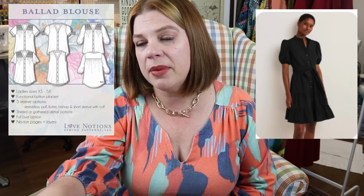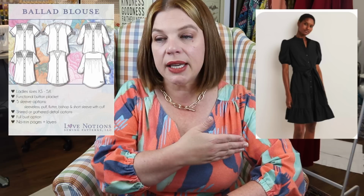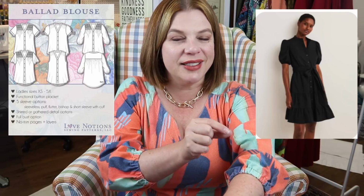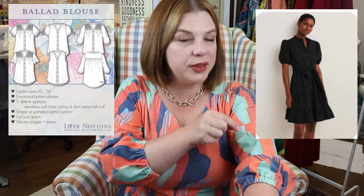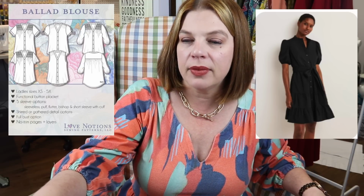And then finally, this one is just shorter and in a solid color. So it's kind of the same thing I've been saying. Cut it off at the waist, add a gathered skirt, or you could add even an A-line skirt if you have one from a different pattern. This one's just 2 tiers, it's above the knee. The same thing with the little puff sleeve. Although this one is the puff sleeve, it's got just the elastic at the hem of the sleeve, and then it's kind of pushed up. It doesn't have the ruffle. So it's whether or not you put the elastic at the hem, or if you put the elastic like 2 inches up from the hem, that gives you those different options. All right,